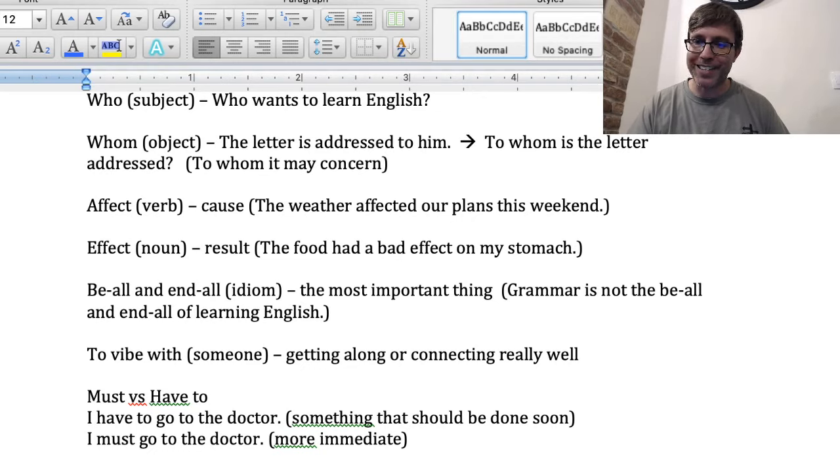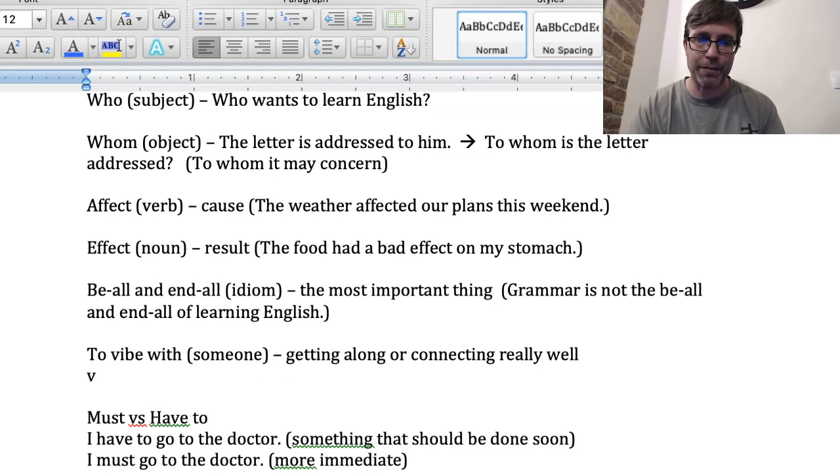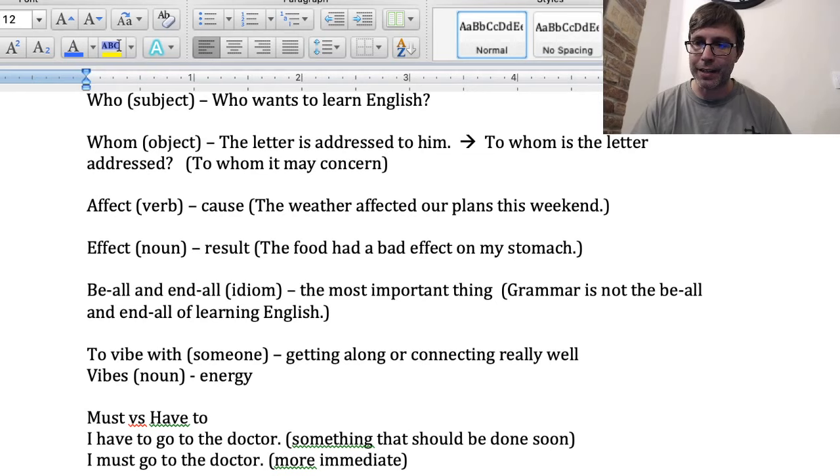Good vibes, yes. So you could say that too. People would send out good vibes. In that case, vibes is referring to energy. So I wrote out to vibe with someone more as a verb, but if you're sending out good vibes as a noun, it refers to energy, like sending out positive energy, good vibes. I like that. Good one, Sleepwalker.